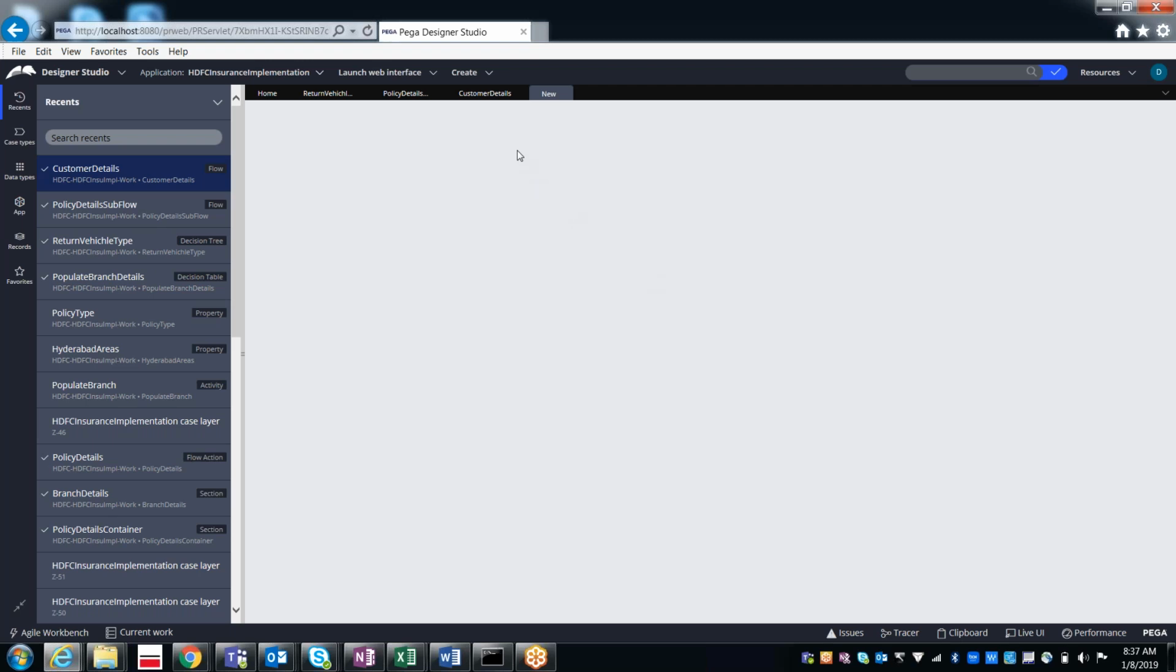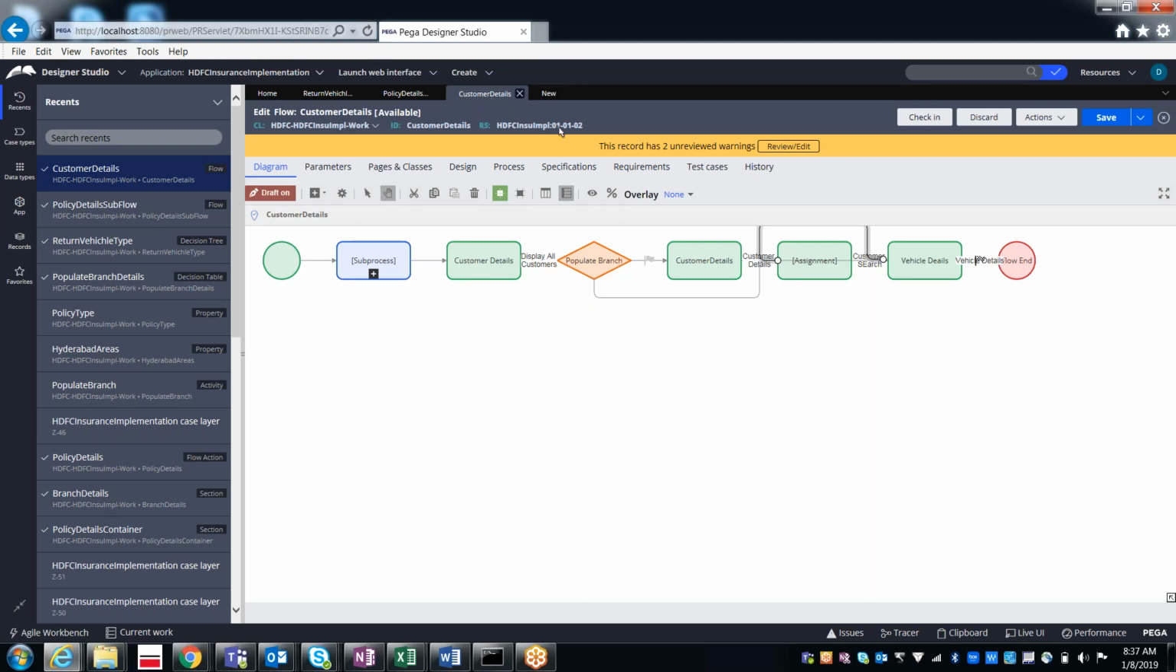Tell me, what did we have? Policy details. Exactly. So when you run the main flow, as part of the main flow, the immediate next